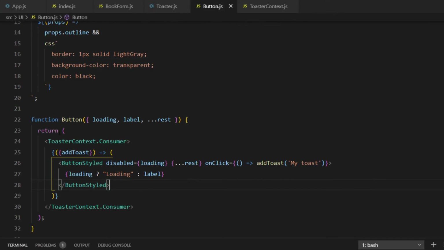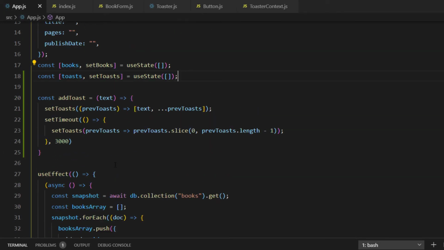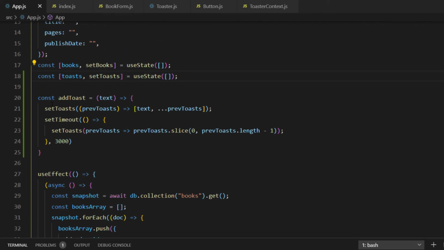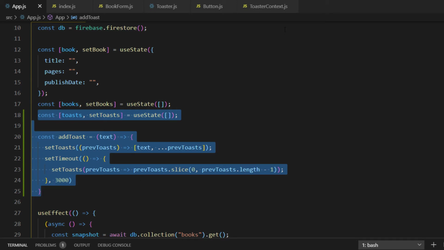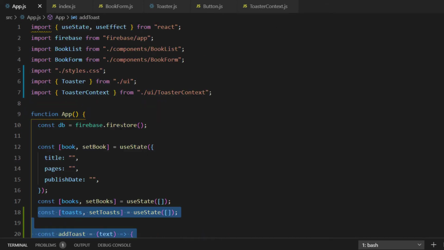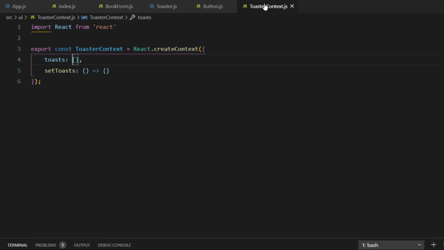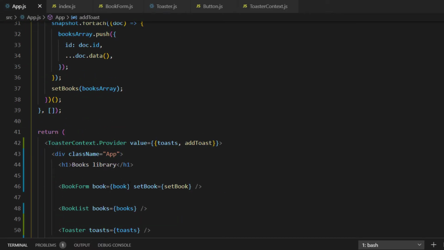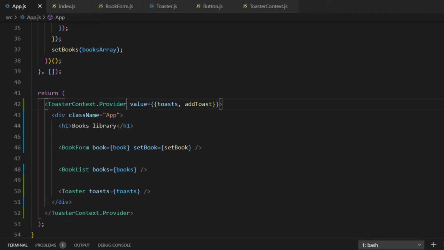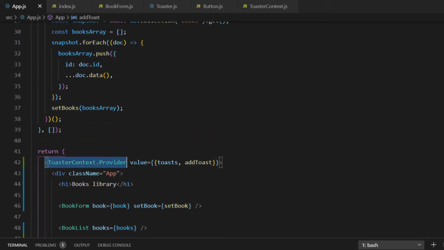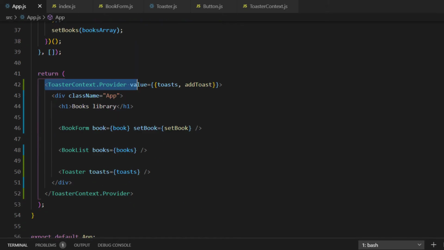Now all is good. Each time I want to use a toast in a child component of my application, since I am providing my toast to the whole application, I can consume it in this way. As you can see, we're doing a lot of work related to toasts, and I don't like having a lot of work related to certain components. So what I want to do is to move this code and this code to the toaster component. I can do it by creating a component that manages all this functionality here and here, and in its turn it will wrap